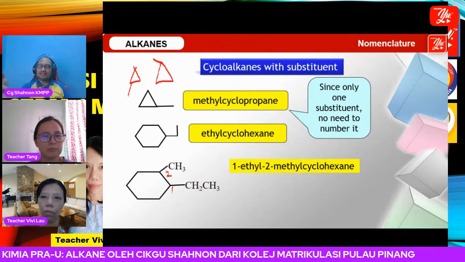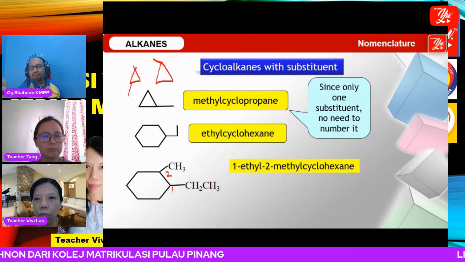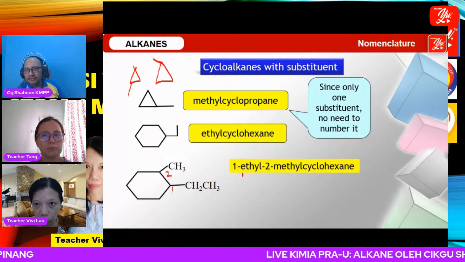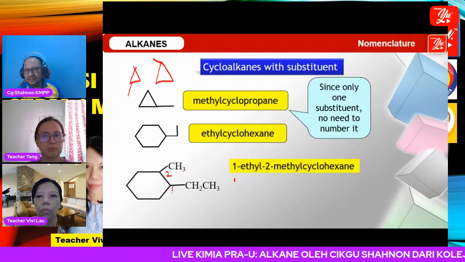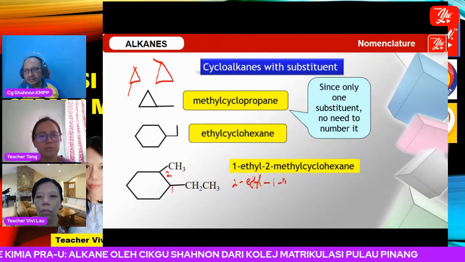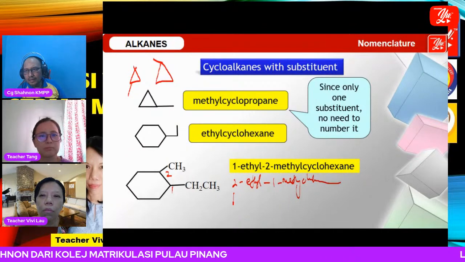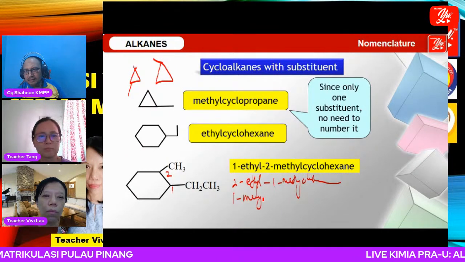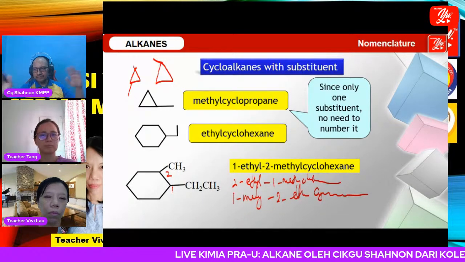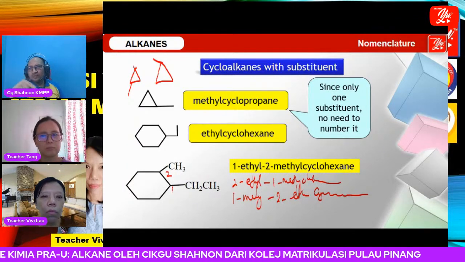Okay, what happened is if I write the name... actually we have many choices here. Maybe the name is 2-ethyl 1-methyl cyclohexane. Okay, maybe the name is 1-methyl, and 2-ethyl cyclohexane. Maybe we have a lot of choices here, but the correct name for the structure is only 1-ethyl and